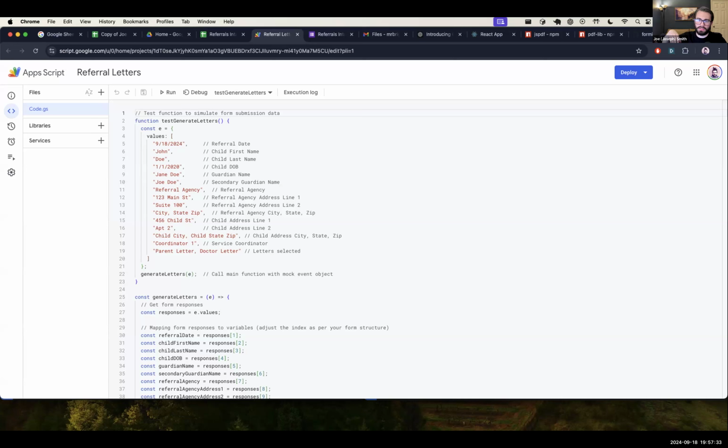and after I select which letters I want, that will generate and then store a file that I can have the option of downloading. And if it's a PDF, I can view it in the browser, but it'll be stored into the patient's account or to that case.